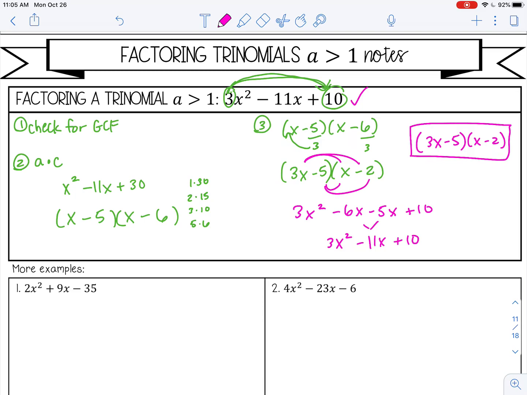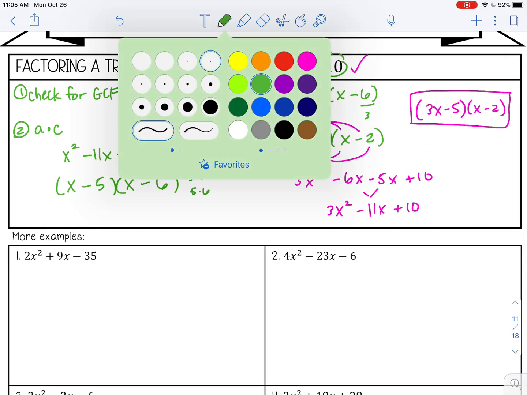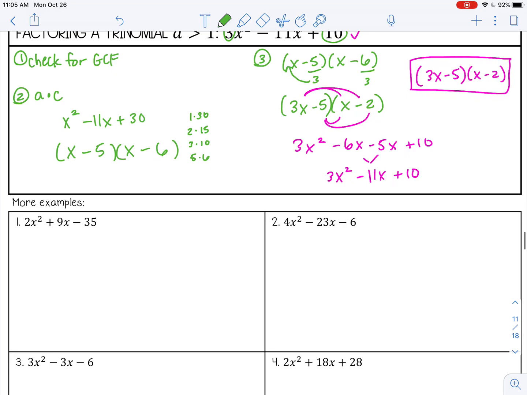Okay, let's try that again. So check for any GCFs first. I don't have any on number 1, 2, 9, and 35. Nothing will go into those. So I'm going to multiply a times c, and I'm going to rewrite this. 2 times -35 is -70. And then I'm going to factor,